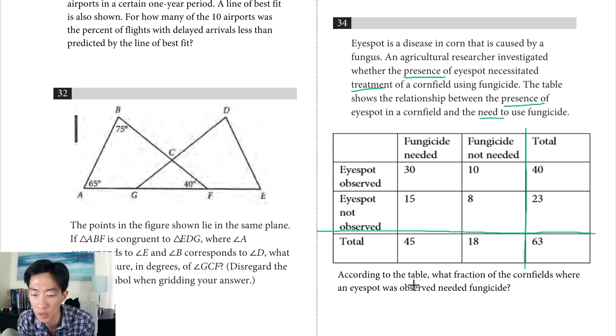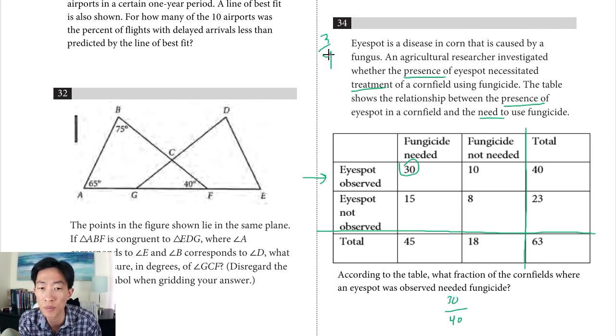According to the table, what fraction of the cornfields where an eye spot was observed needed fungicide? So we're only looking at this row. The total is 40, and they're asking what fraction of that needed fungicide. The one that needed fungicide was 30, so it becomes 30 out of 40, or 3 out of 4,